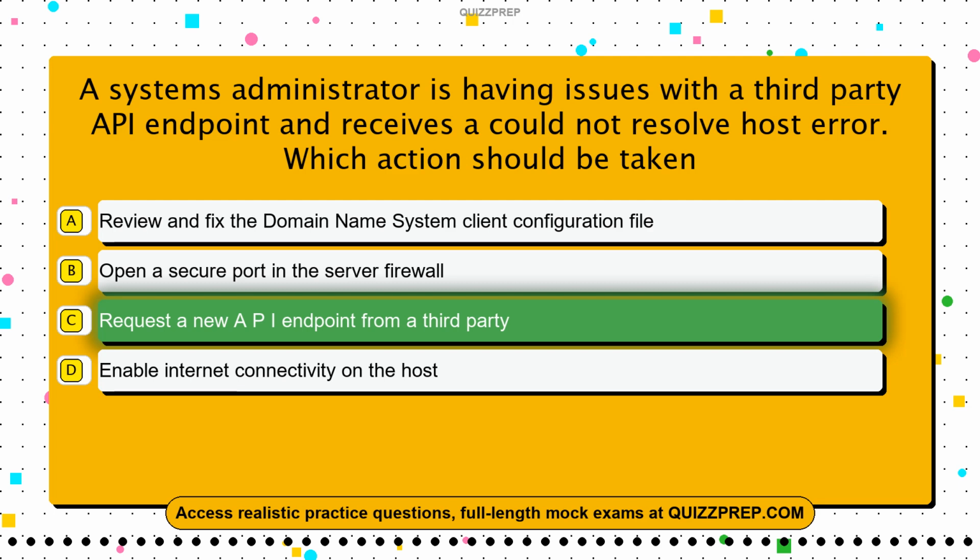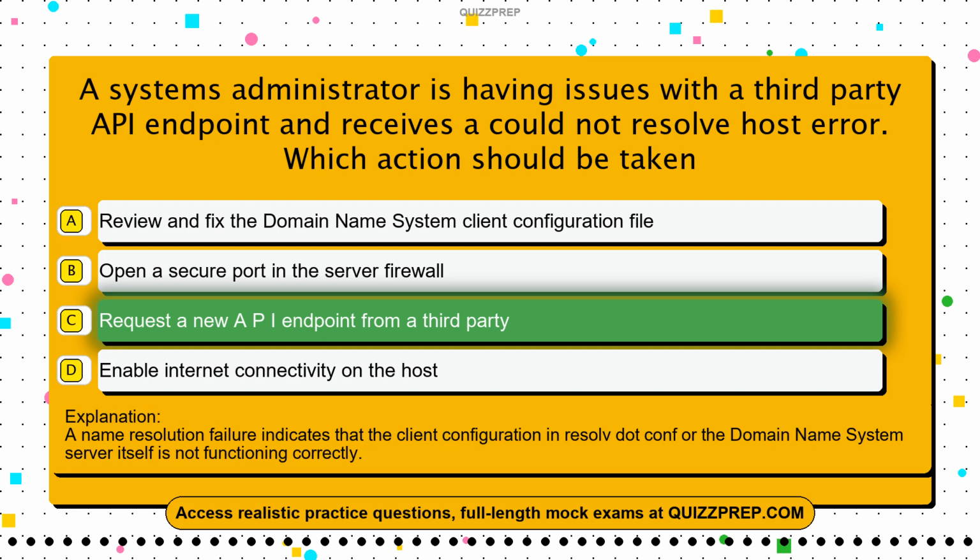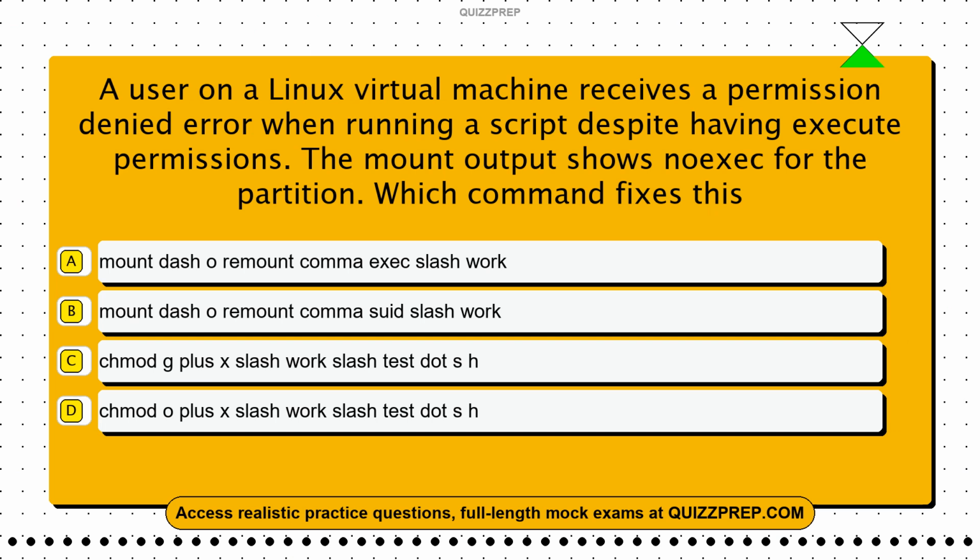The correct answer is option C, request a new API endpoint from a third party. A name resolution failure indicates that the client configuration in resolv.conf or the domain name system server itself is not functioning correctly. Question 59. A user on a Linux virtual machine receives a permission denied error when running a script